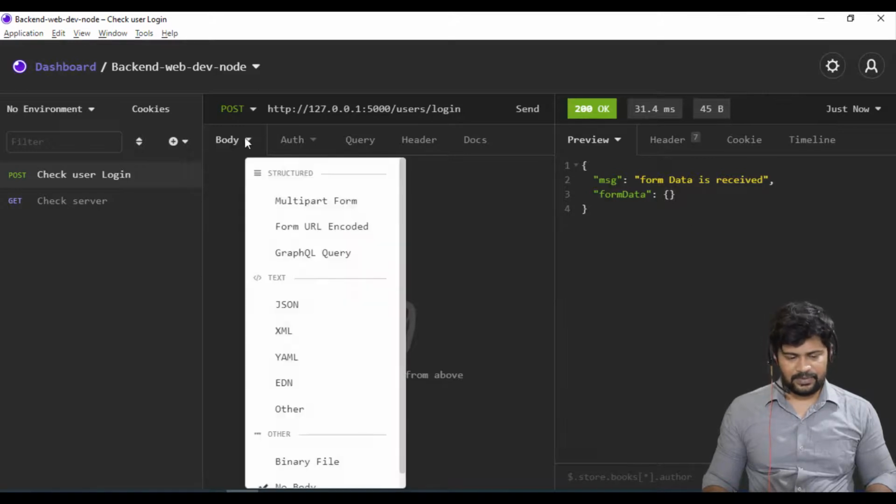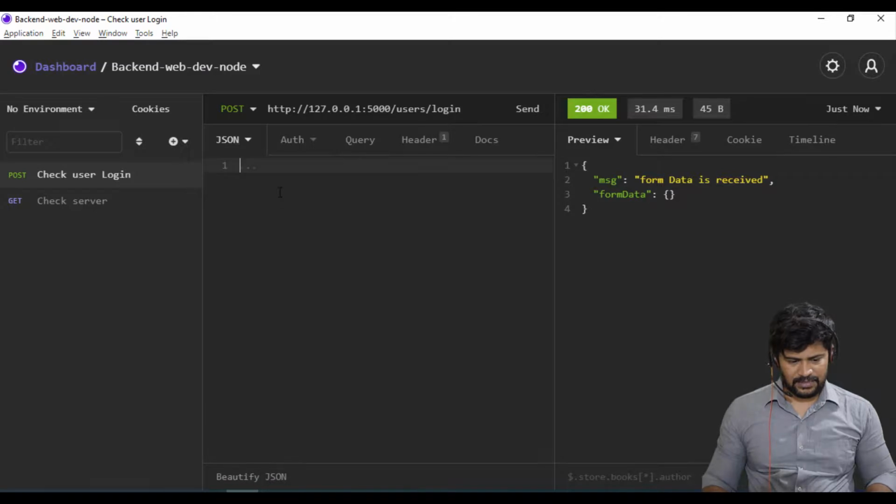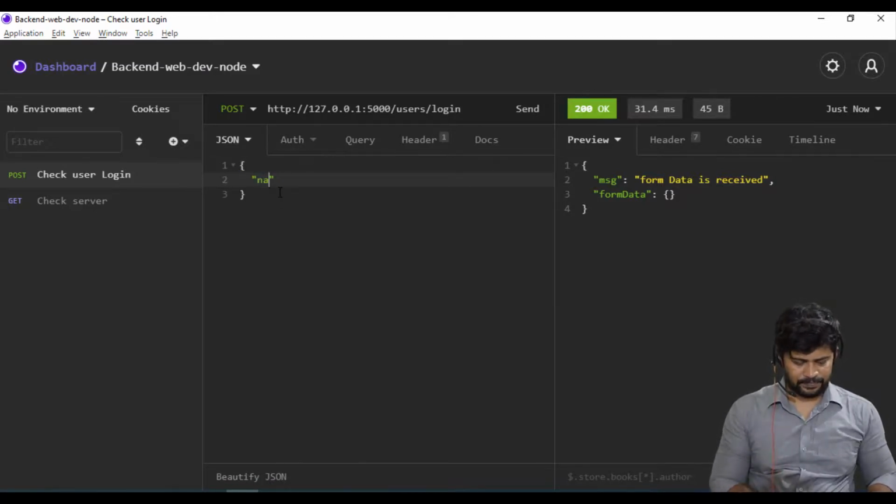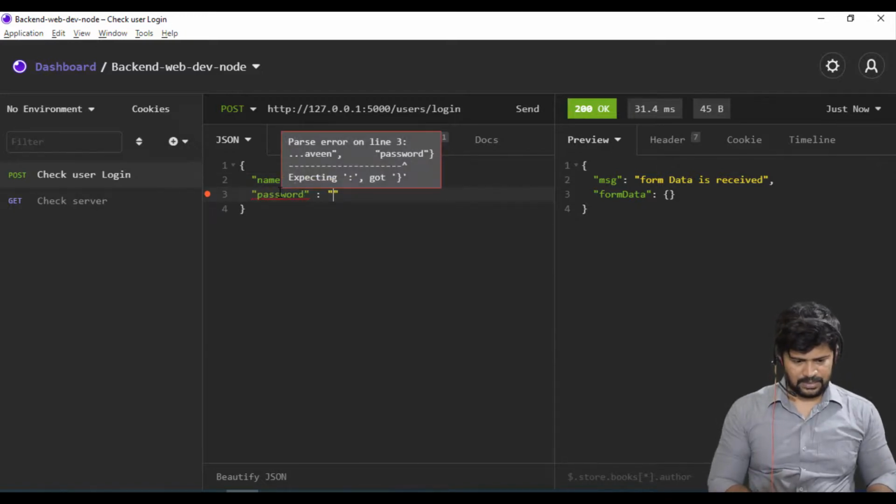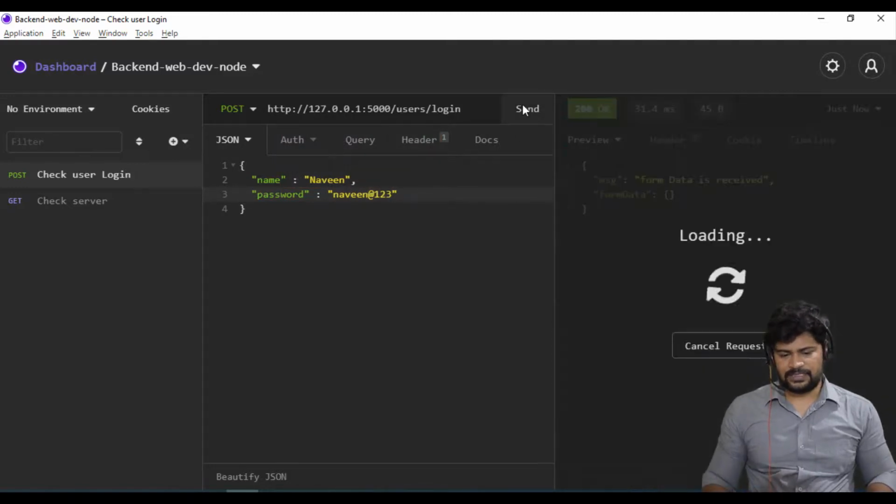How do you provide form data? Go to body, JSON. You can make a JSON data. Let's say name is Naveen, and password will be something like Naveen8123. Click on send.